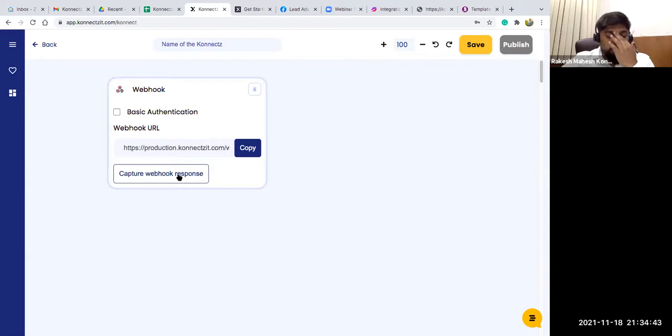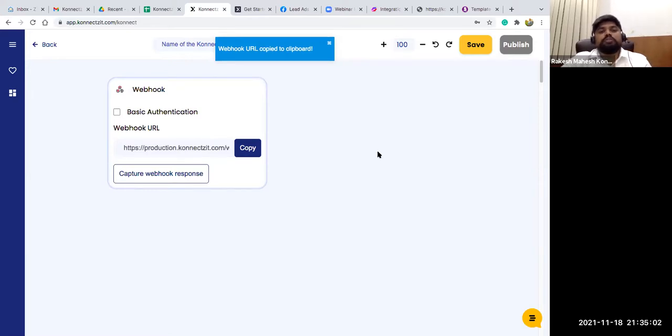So I'll be showing you how to integrate this app, even if the apps are not integrated inside Connexit, so you can just copy this and use it. I'm just going to use Postman right now, just to show you guys how we can actually send a response.